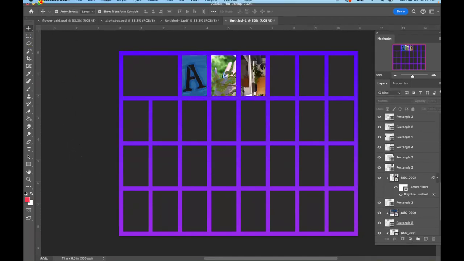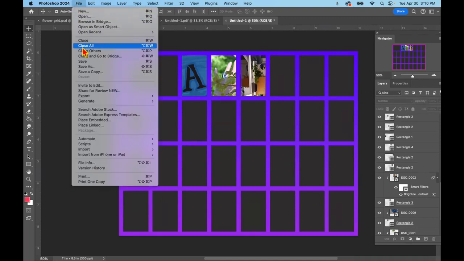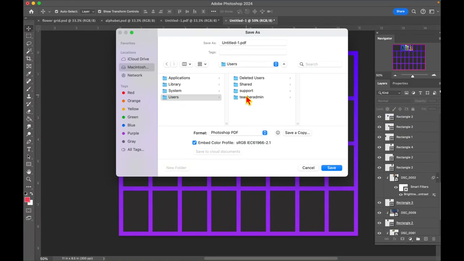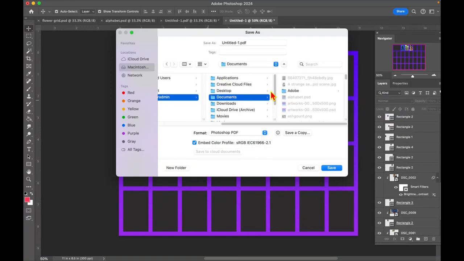Last thing you want to do is go up to the File menu, Save As, and make sure it's saving in an appropriate spot, not in these random places that our computer finds. Documents folder is a great place to save stuff. Typically, the file format is Photoshop, and it has a .psd file extension there, but we are going to change this to a Photoshop PDF, which will change the file extension as well, and then save